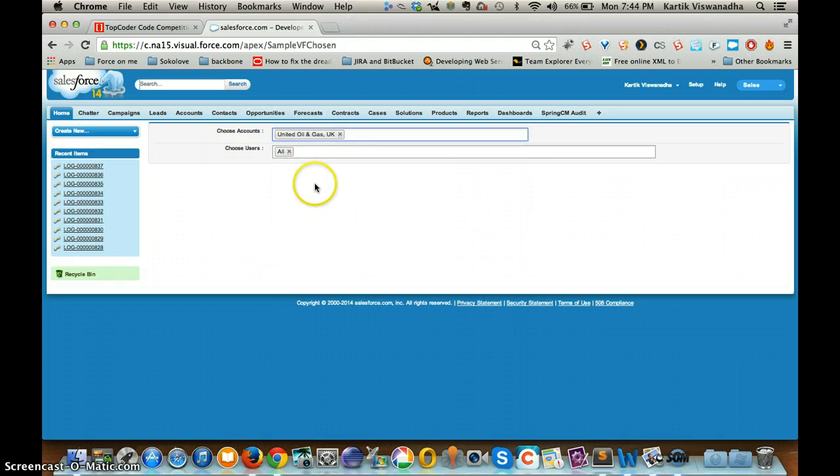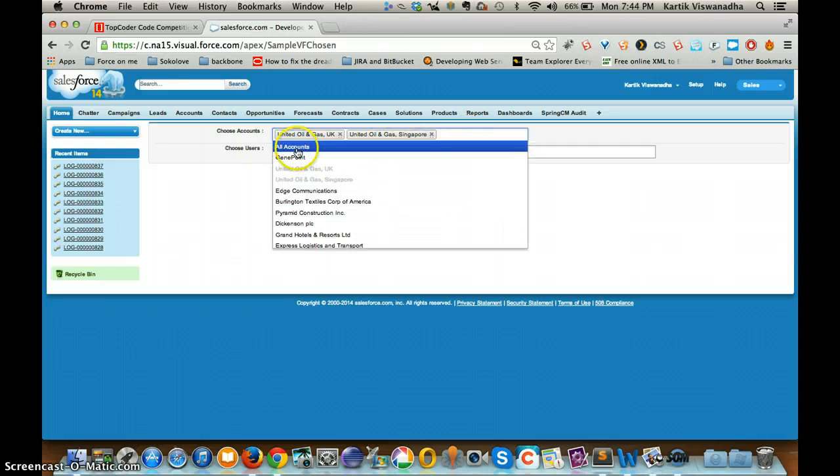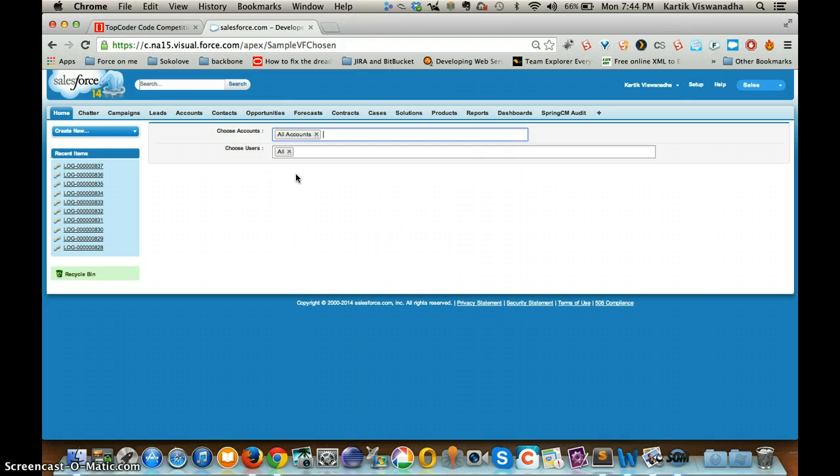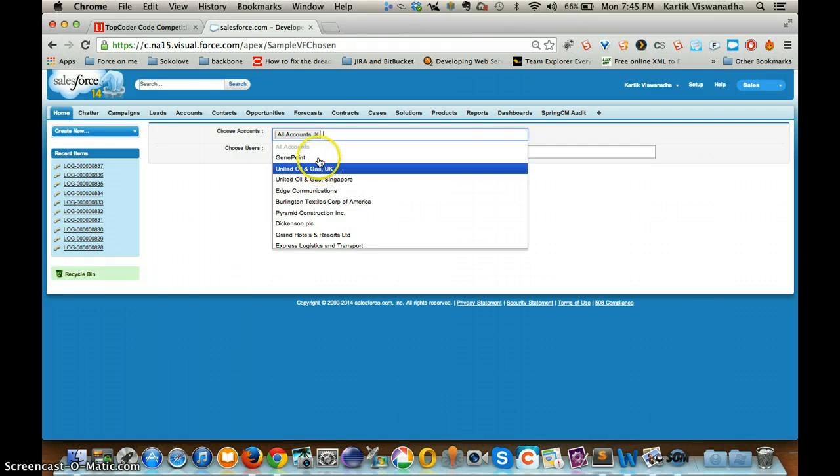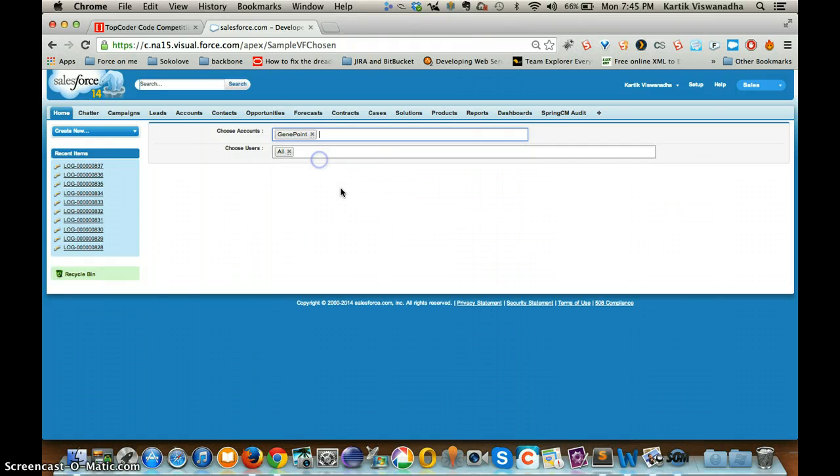the all accounts is gone. And if you choose this and then all accounts, the other one is gone. So it's basically mutually exclusive. If you choose all accounts, any existing values that you chose will be wiped off because all accounts means everything, all options. And if you choose something else, maybe Genepoint or United Oil, the all accounts will be gone. And you can see in the second option, the all is selected by default